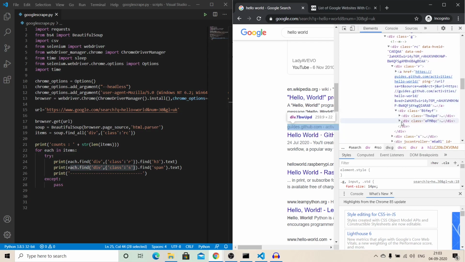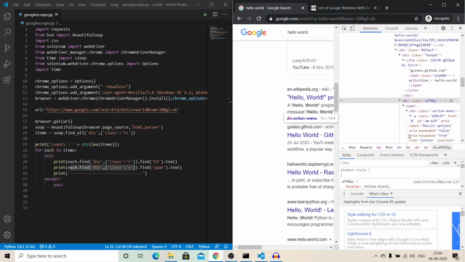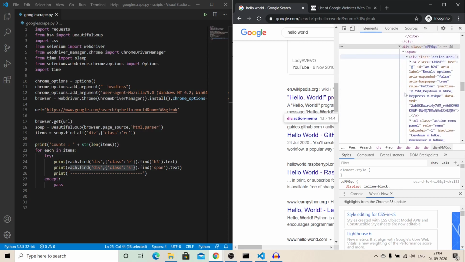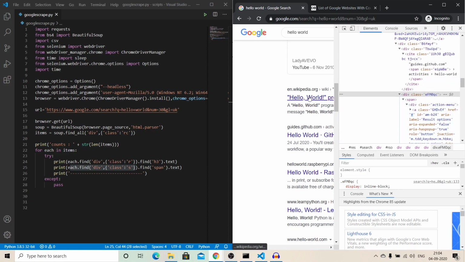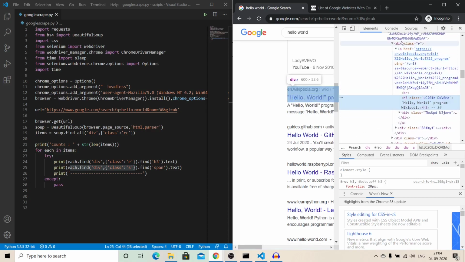If I move forward and open this up fully, let's inspect this better. Inside the R class we have an H3 tag which has the whole result.